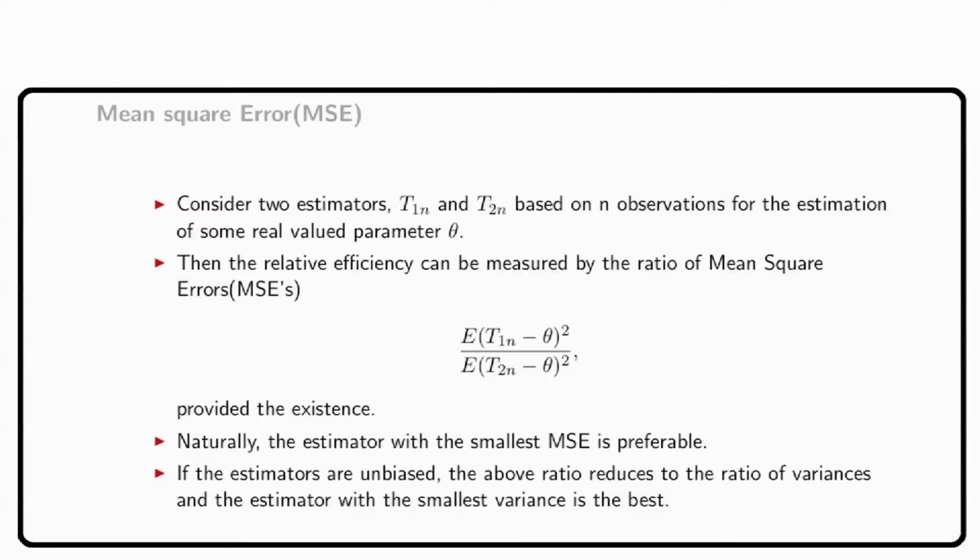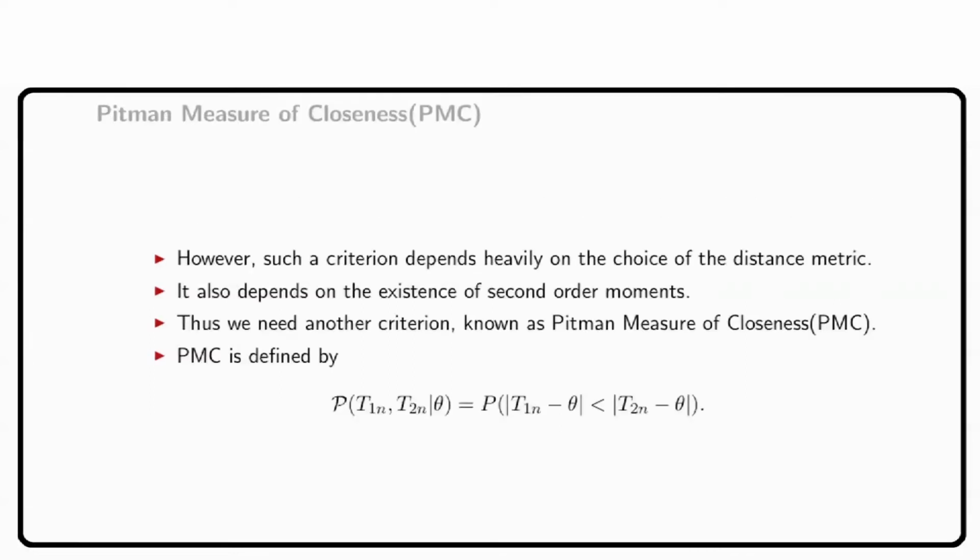Naturally, the estimator with smallest MSE is preferable. If the estimators are unbiased, the above ratio reduces to the ratio of variances or the ratio of precisions. Then, in such a situation, the estimator with the smallest variance is the best. However, such a criterion depends heavily on the choice of the distance measure in addition to the existence of second